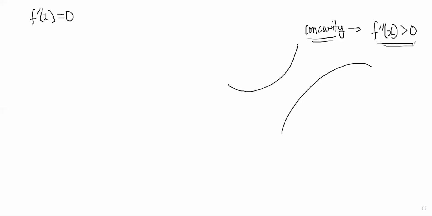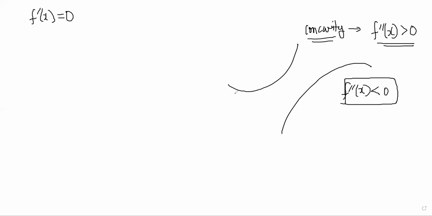How do you decide concave up or concave down? I told you last week. Concavity is what he is referring to as curvature. So what is concavity? How do you decide it? You cannot just say the word; you have to use some mathematical thing to decide. It depends on the double derivative. If the double derivative is greater than 0, then it is concave up, and if less than 0, then it is concave down.